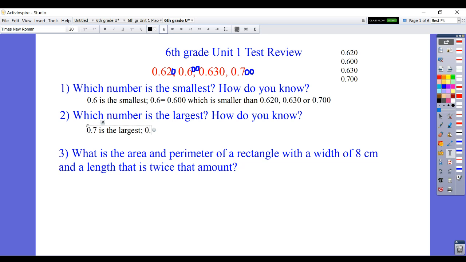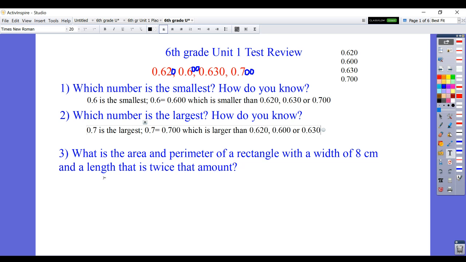Because 0.7 or 7/10 is equal to 700 thousandths, which is larger than 620 thousandths, 600 thousandths, or 630 thousandths. Okay. So that helps us to not only tell which one's the smallest, which one's the largest, but to explain it. Again, it's not the only way to do it, but I think it's probably the most